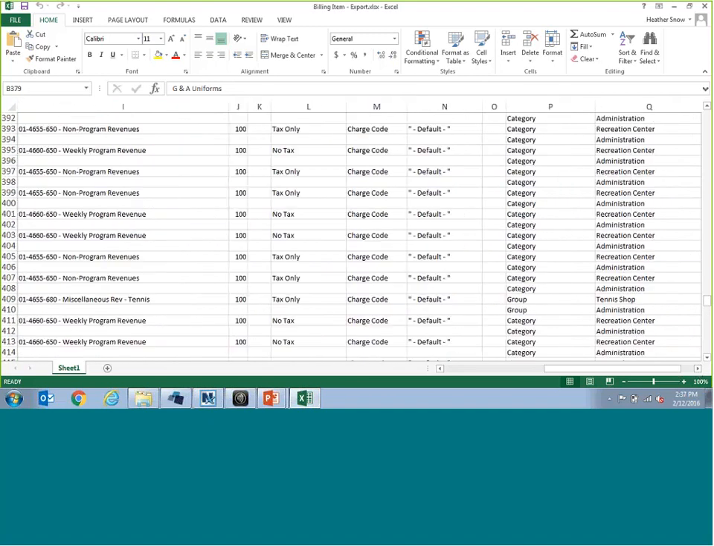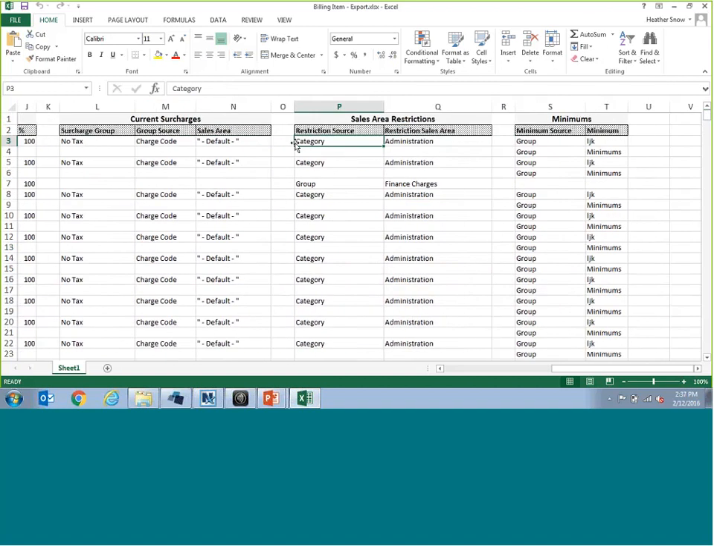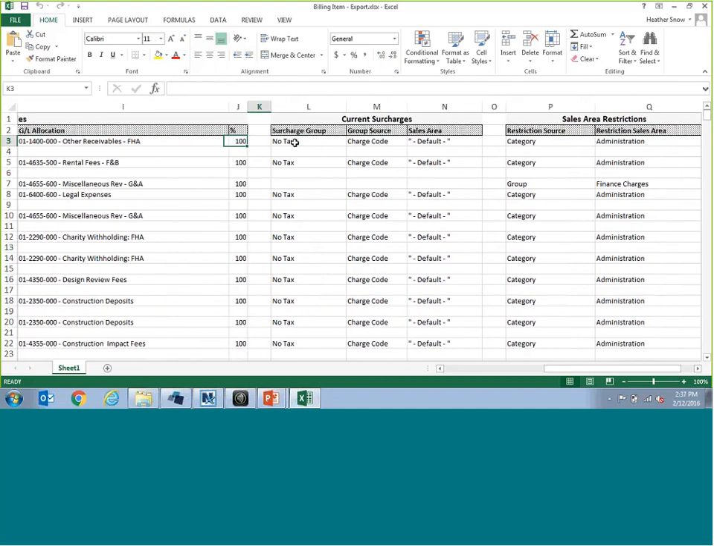And then if we scroll over again, it'll also tell you the surcharges that are being used. Then it'll tell you if there's any sales area restrictions, and if there's any minimums and what minimums apply. So again, the most important pieces that you're looking at here are this surcharge group and the GL